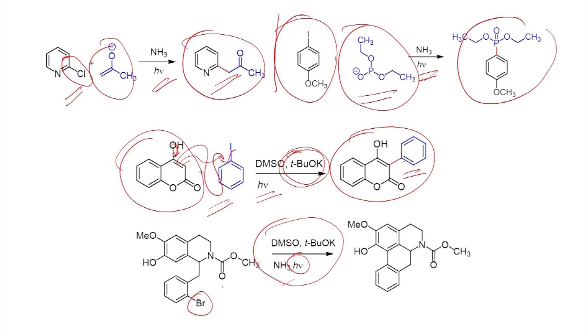Once you form this one, the base can deprotonate this proton, then you will be able to form this one, it goes here, comes here, then it can react here, and you will be able to make the carbon-carbon bond. You can make this polycyclic system.